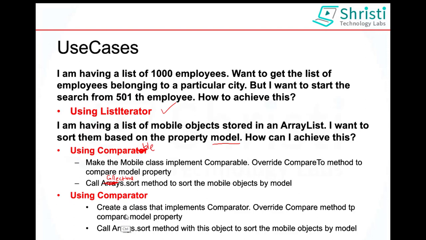Similarly, using comparator, create a separate class that implements comparator. Override compare method to compare the model property. Call collections.sort method. So this is not arrays.sort, this should be collections.sort method with this object to sort the mobile objects by model. So these are few questions you may get in your interviews in which they will talk about